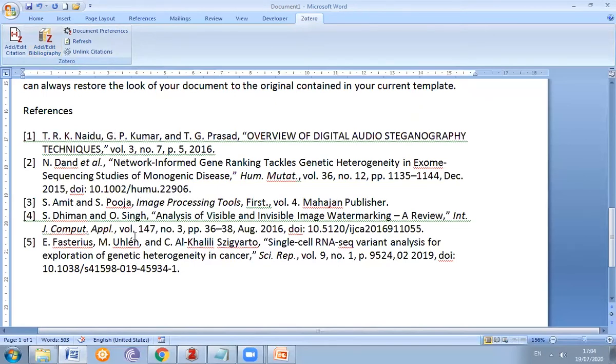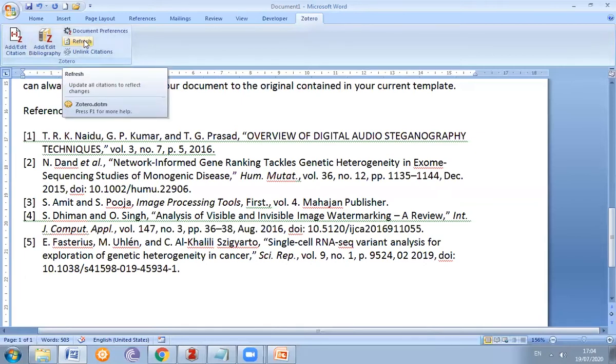So this is a very simple way how we add or edit citation, as well as how we add or edit bibliography. We must remember that this is a very simple thing, but when we first start, it is a very time consuming task, as well as we add our items in the Zotero library in such a way that we can handle and use it in a very easy way. So this is where we can use this.